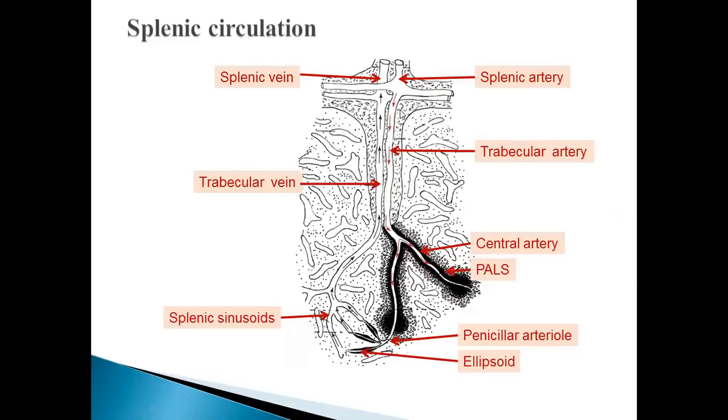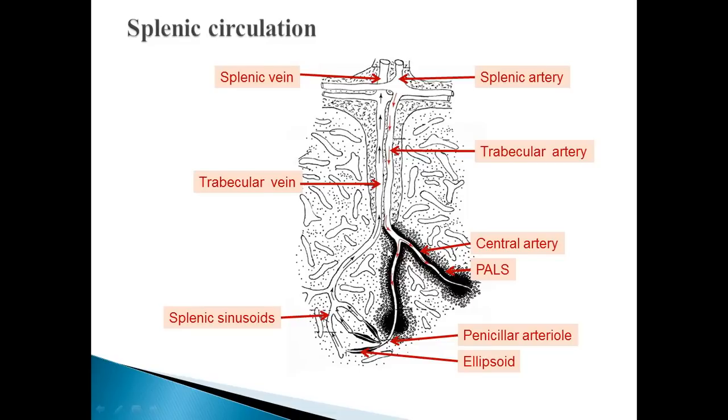So within the spleen, how is the circulation? You know any artery will enter and supply and a vein will carry the venous blood. So there is a splenic artery which is supplying and a splenic vein which is draining the blood. The splenic artery will supply the spleen. In the trabeculae it will run, where it is known as the trabecular artery. Due to repeated branching, it will enter into the pulp of splenic tissue.